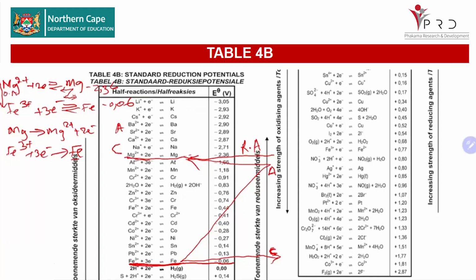You see these arrows all the time. So you can see that iron 3 plus is a stronger oxidizing agent than magnesium 2 plus. On the right, you have your reducing agents, which means that magnesium is a stronger reducing agent than iron. And if it is stronger, it means magnesium must lose electrons, and then iron will be formed when iron 3 plus gains electrons, because iron 3 plus is a stronger oxidizing agent. So already we have written there the reaction in the anode, which is your loss of